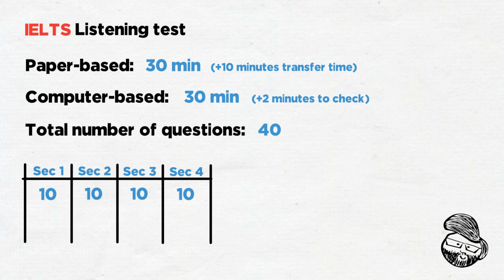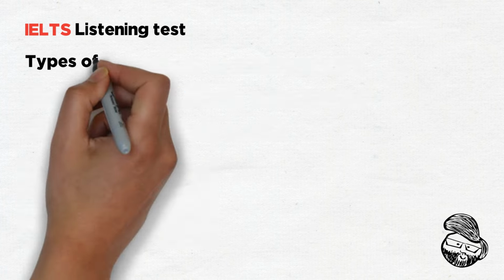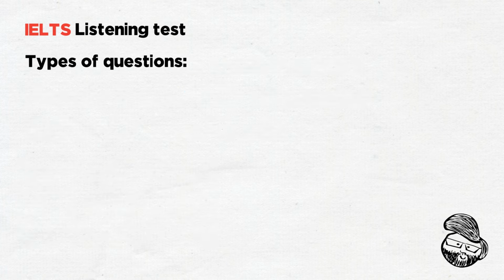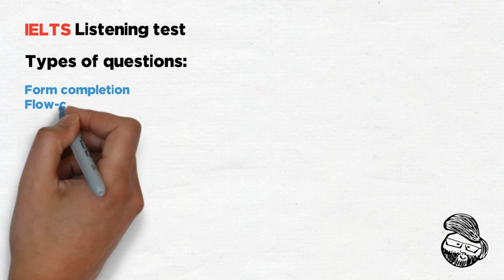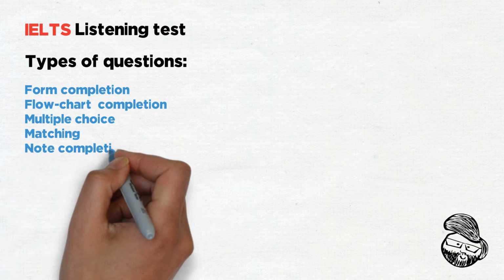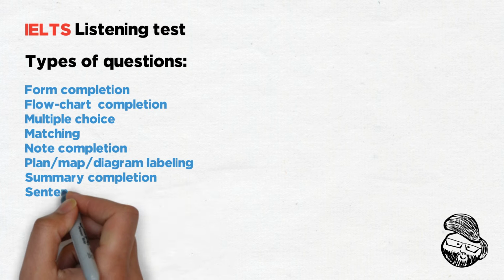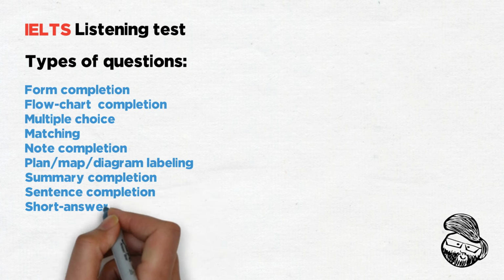The sections become increasingly more challenging as they go. There are many types of questions that you can run into during the IELTS listening test, such as form completion, flowchart completion, multiple choice, matching, note completion, plan, map or diagram labeling, summary completion, sentence completion, short answer questions, and